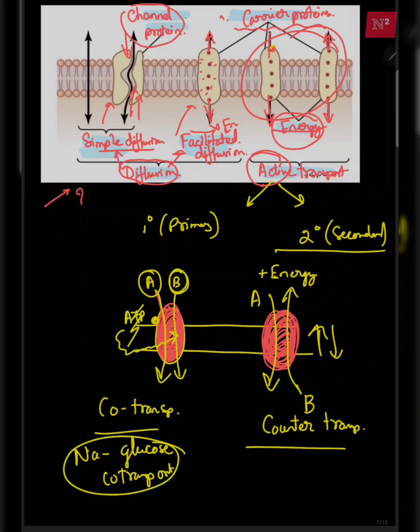Okay, the perfect examples of the secondary active transport are sodium chloride transporters, okay, or sodium hydrogen transporters, okay, or sodium magnesium transporter, or calcium magnesium or potassium transporters. Okay,